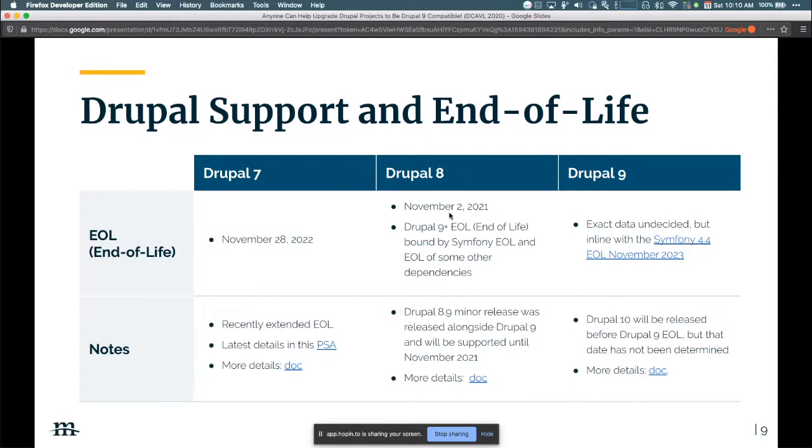And really the big point here is going forward, Drupal 8, Drupal 9, what really designates when we're going to release a new major version, and I say we as in the greater community, it has a lot to do with when Symfony, which is a dependency of Drupal, when that Symfony group and community sets their end of life date, and we've got other dependencies like Twig for templating. When those have end of life and they're not supporting or releasing security updates, Drupal needs to align and make sure that we're also following those end of life notes. So that's really the big push for when that change happens.